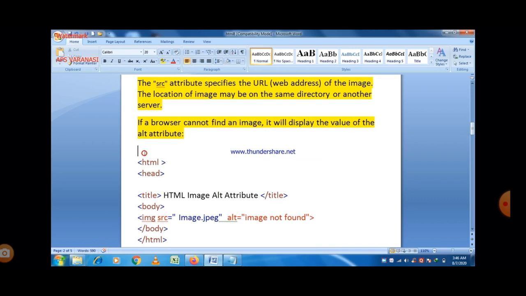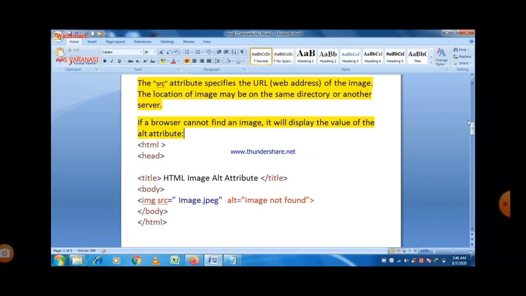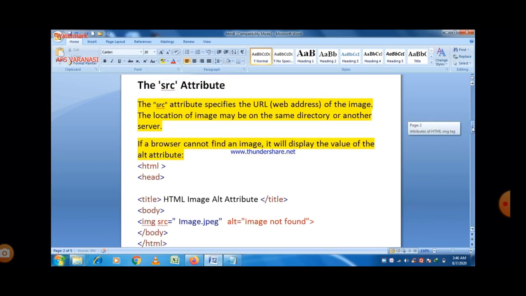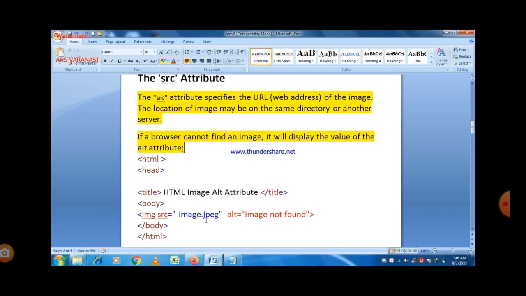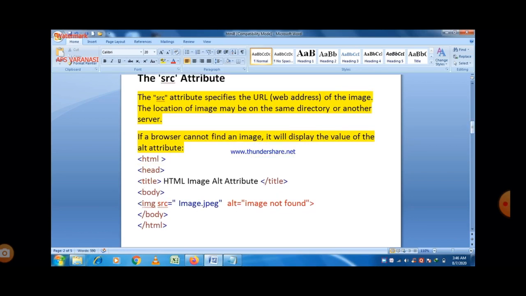You can easily see here a small program. The SRC attribute specifies the URL, meaning the web address of the image. The location of the image may be in the same directory or on another server. And if a browser cannot find an image, it will display the value of the ALT attribute. That is the main advantage of the ALT attribute, meaning alternate attribute.